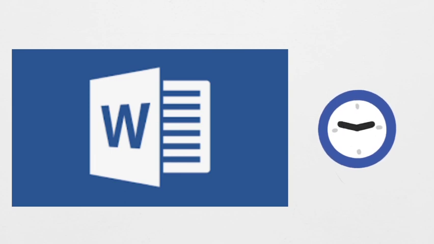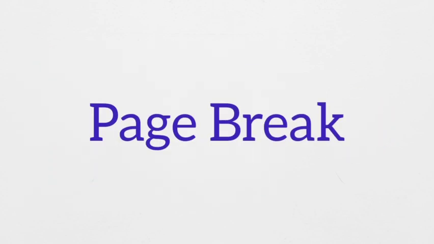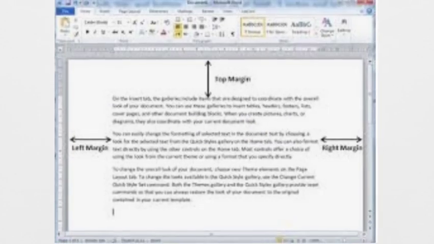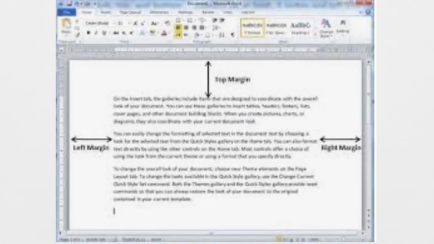Now the next topic is very important, that is inserting page break. Now what is insert page break? What happens when you are writing in your document, though your first page is completed, you want to insert a new page in your document, or you want to insert a new page in between only. Suppose you are using one page where half of the page is used, and after half of the page you need to go to the next page. So how will you insert a next page? So that is called page break. You can break that page at the same time and jump to the next page. Clear? How will you do this?